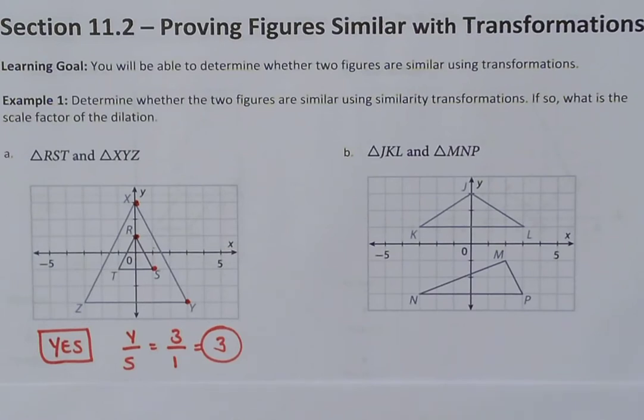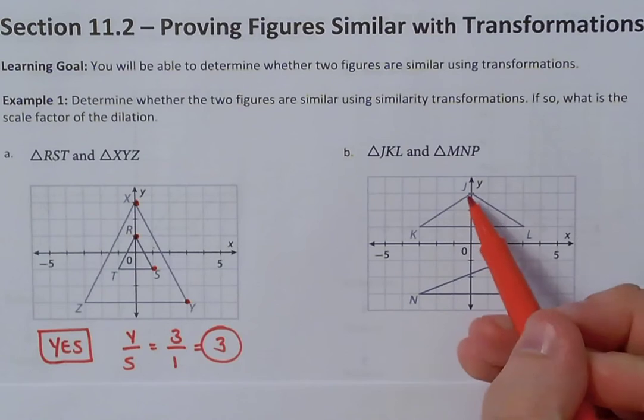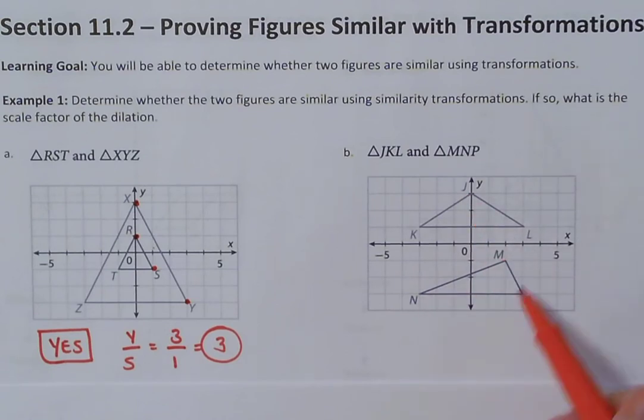Now, for part B of example 1, if we look at triangle JKL and triangle MNP, both of these are triangles, so that is the first thing. The next thing is, do these two appear to be the same shape? Meaning, do they appear to have the same overall angle measures, in that we have the same ratio of measures for the side lengths? Well, if we look at angles J and M,